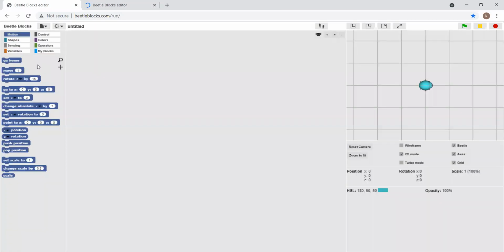In this page, we mainly have three areas. The leftmost is the instruction area, where we have a set of instructions. We can select them from different types of menus. In this part, the menus are motion, shapes, sensing, variables, control, colors, operators, and my box.